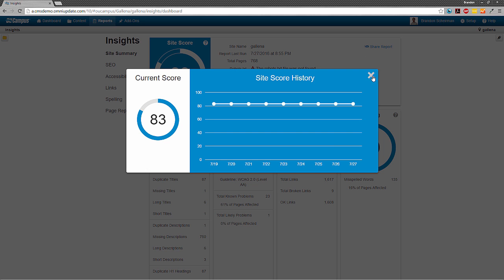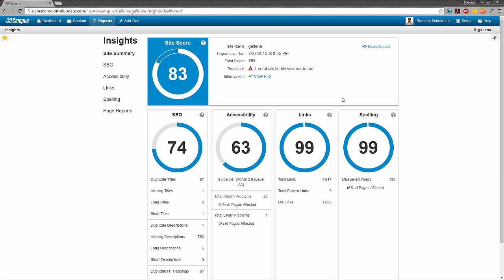In addition, on the site score screen, you can also see if you have a robots.txt file or a sitemap.xml file at the root of your site. These are useful tools for search engines.